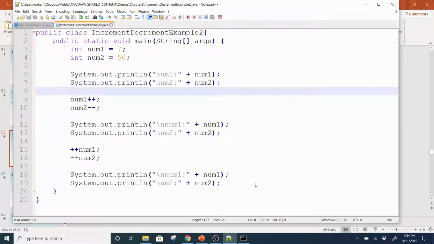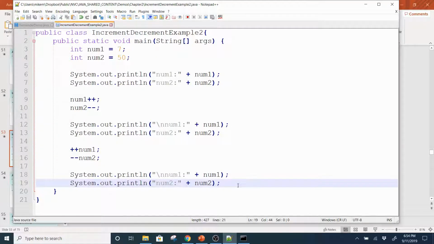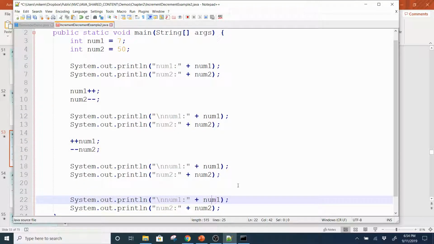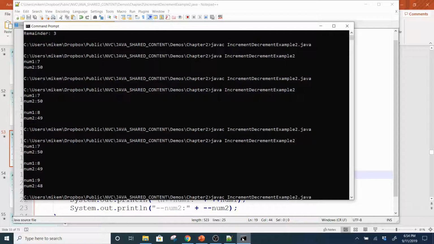But now let's do something to where we use those values. Okay, so let me think about this. Actually, I'll just do another print line, but this time I'll do it inline. I'm going to say num1, I put the plus plus in front, plus plus num1, and num2 minus minus. So I put the plus plus there, and the minus minus here, and I'm going to hop back over here,